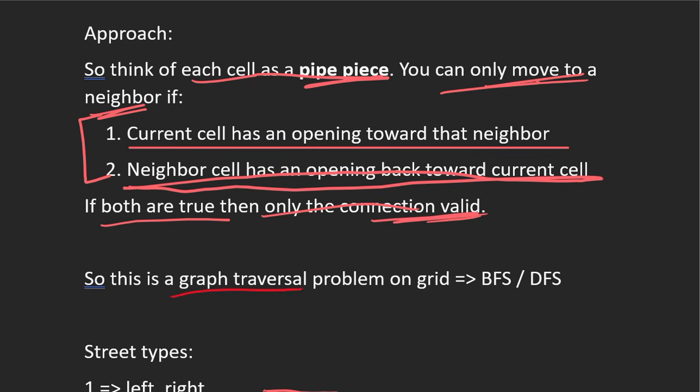So basically this is a graph traversal problem on a grid. We can use either BFS or DFS.